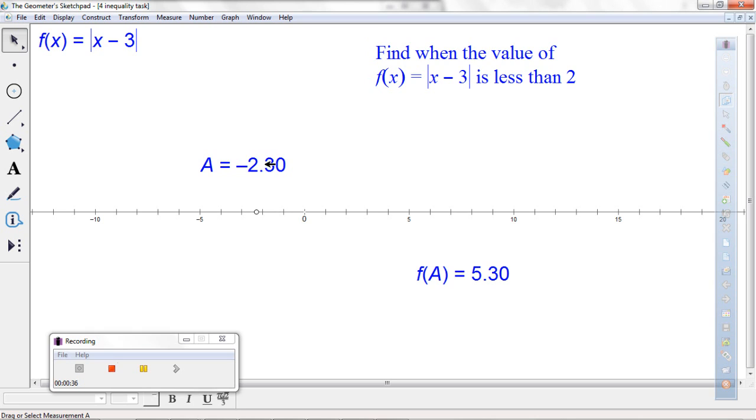Okay, so the task now, the other part of this, is to look at the absolute value of this coordinate, -3, and be able to tell if it's less than 2. Algebraically, what we would be writing is that